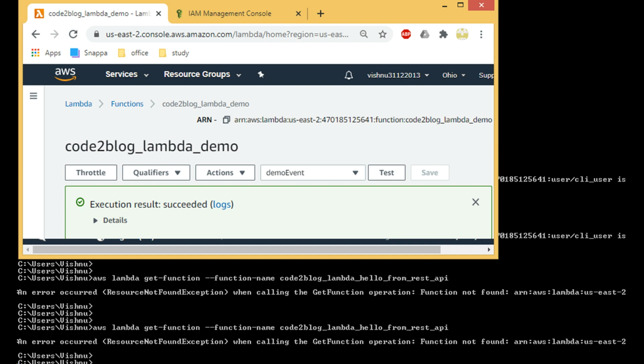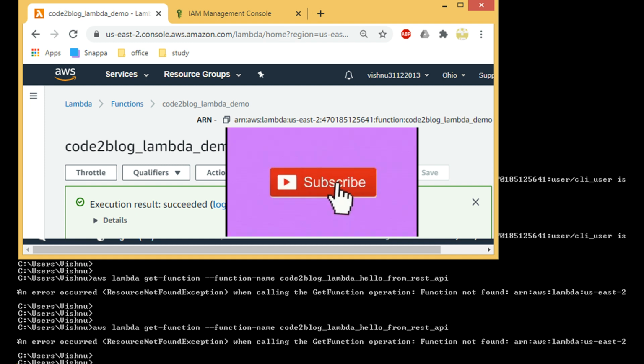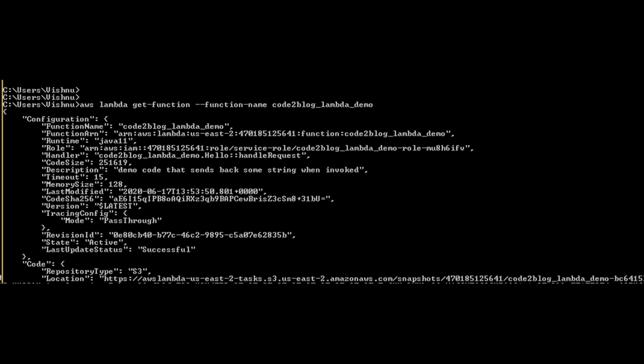If you get resource not found exception, then check the region that you mentioned in AWS configure command and compare it with AWS region where the Lambda is created. Now I am able to successfully get details of Lambda function.